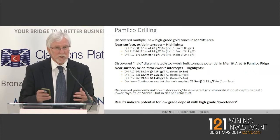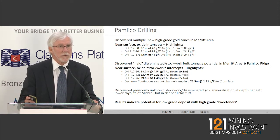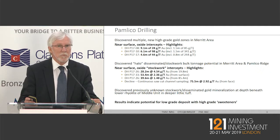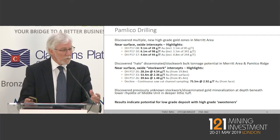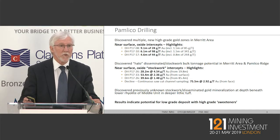Within that, surrounding the high grade, there's some more modest grades, such that we do get some wider intercepts of still the 1 to 5 gram range. So when we started getting that, we started to realize that this has potential to be more than just an underground high grade vein type deposit. There's really potential for an open pit here. So what we're probably dealing with is a larger area of modest grade with pockets of higher grade